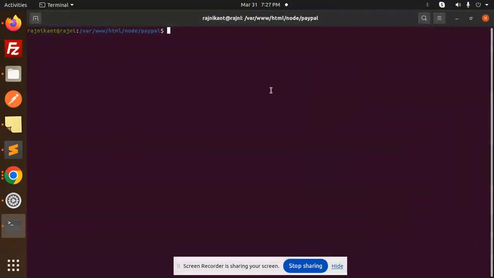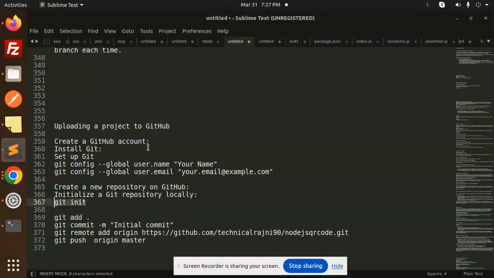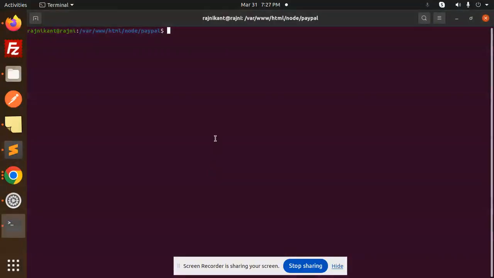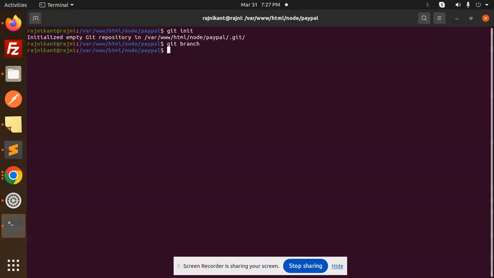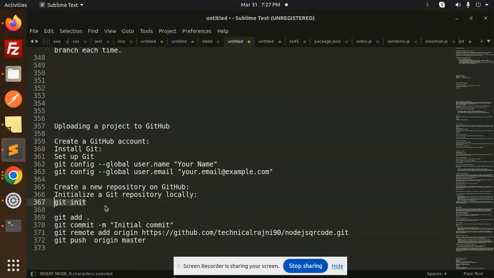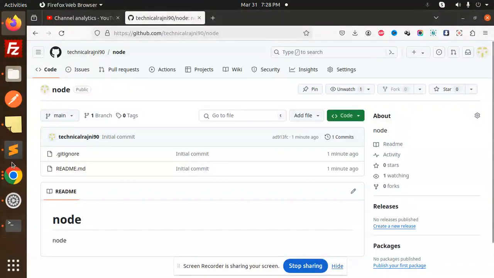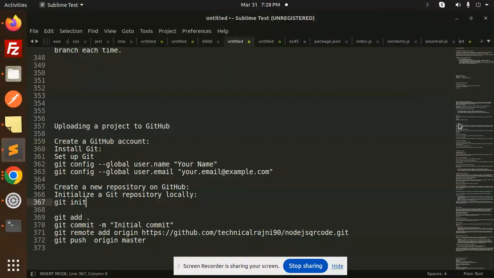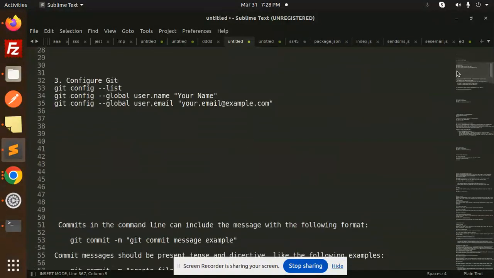Open a terminal. Okay, so first of all we have to initialize a git repository locally. So let's go with git init. Okay, after this I will go with the git branch. So currently it gives me the branch, currently it's not there. Okay, so let's create a branch. So here we are going to create a branch. So git branch, we have this one,